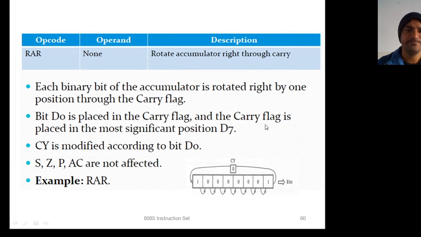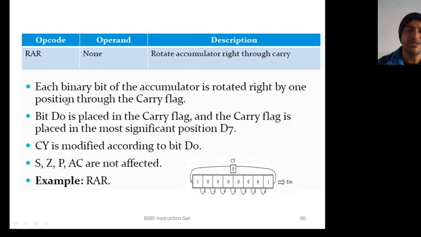Now the last one, RAR. In this case, rotate accumulator right through carry. Again you have to consider a 9-bit number. Now this carry will rotate. Each bit is shifted toward the right, and this D0 is coming into the carry flag, and this carry flag is coming into the D7 bit.